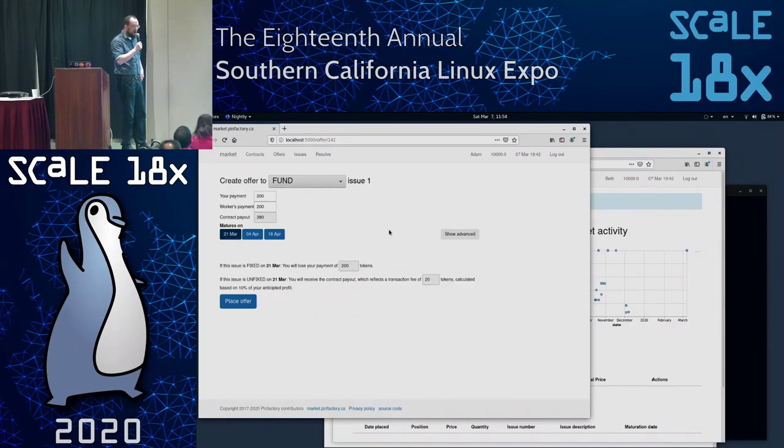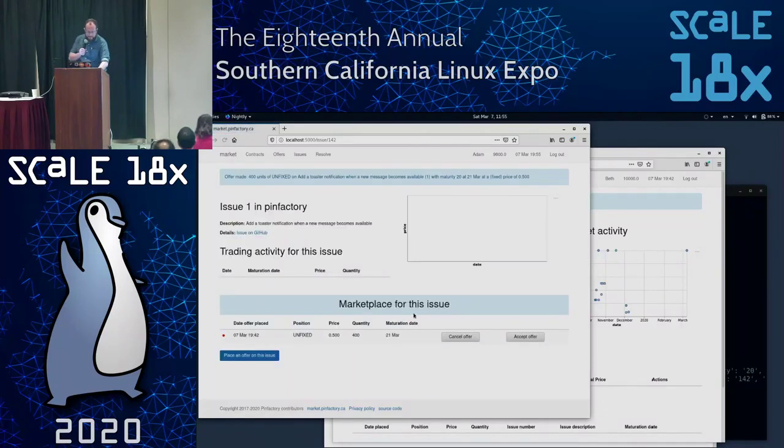If this issue is unfixed, you will receive the contract payout, which reflects a transaction fee of 20 tokens. So there's a 10% fee in the market for resolving the contracts. We'll get back to the fees and how to avoid the fee in a little bit. So this is the offer that Adam wants to make. So Adam is going to say, place offer.